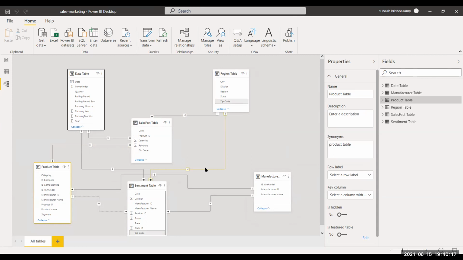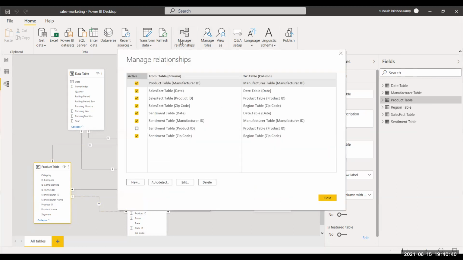This zip code is from the region table to this sentiment table, from one to many, and these are the arrows that you see. The data is flowing in that direction. If you click on manage relationships, see, one rule is that two tables can only have one relationship.